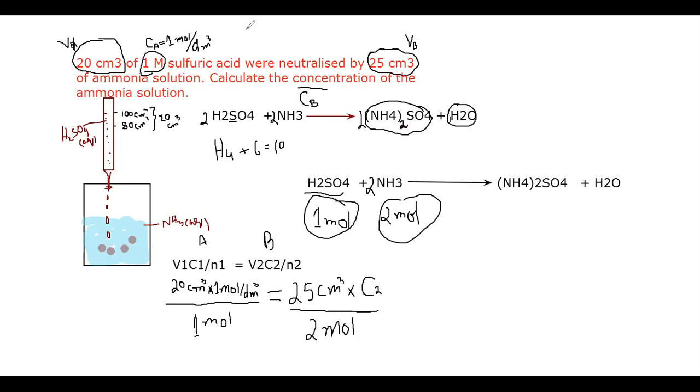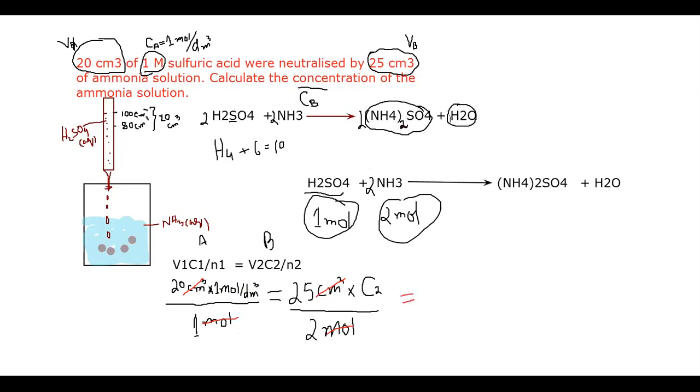So beta, first of all, cancel out the things that are the same, like this cubic centimeter and this cubic centimeter will be cancelled out. And most of the people say, why are you not changing the cubic centimeter into dm cube? Because both sides have the same measuring unit, they will be cancelled out. The mole per dm cube will not be here, but this mole and this mole will be cancelled out.